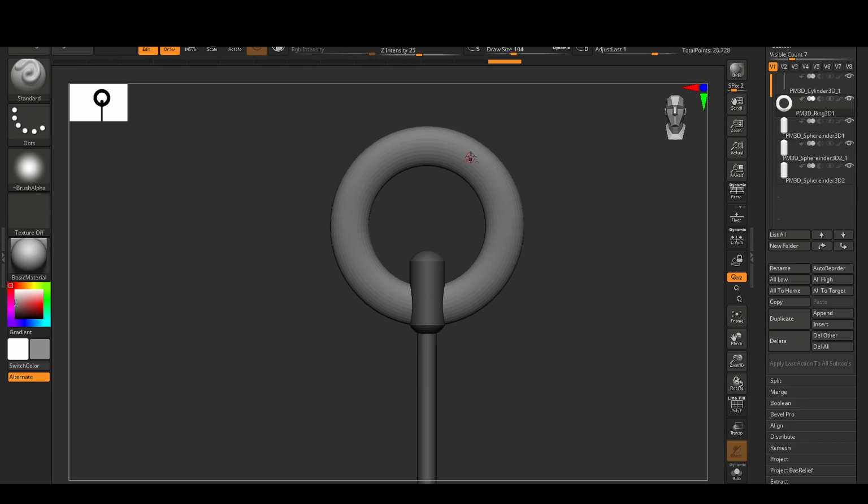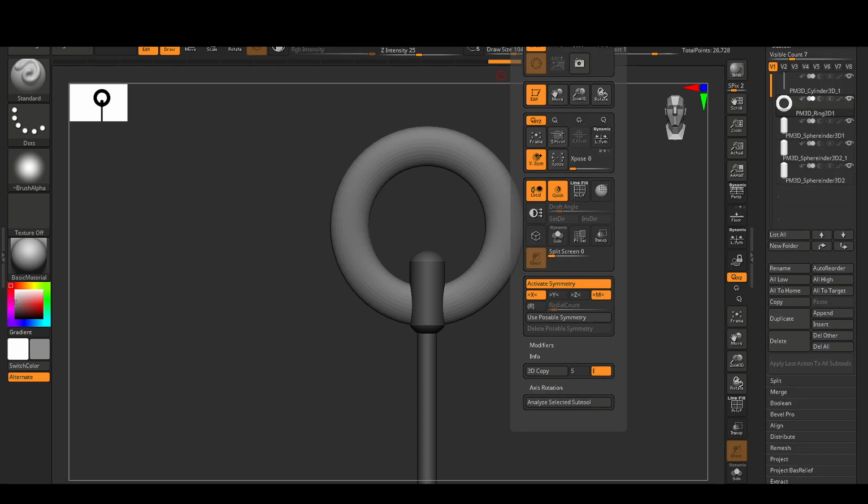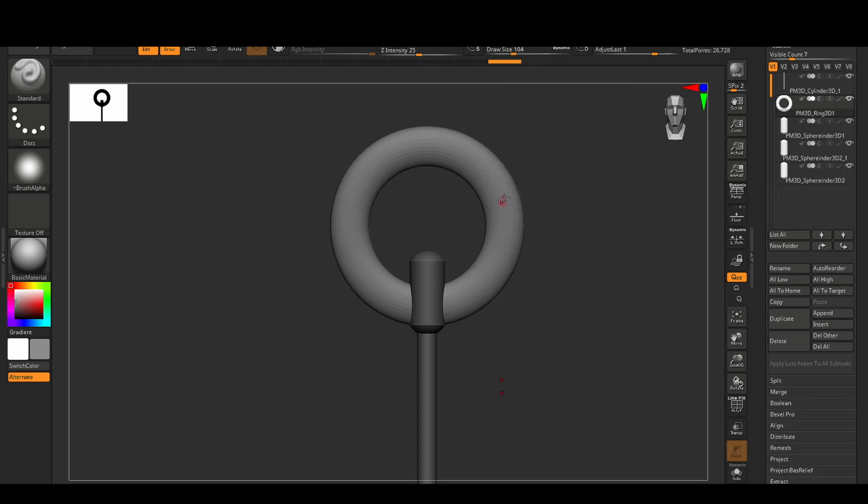So let me show you guys what an array mesh is. Let me show you guys how to array geometry and detail on a mesh. If I hit X on my keyboard, I get symmetry. But there's also something you can use on here called radial symmetry. I feel like I've showed it to you guys before, but I want to show it to you again. With radial symmetry, if I turn it on using the R key, now I've got,